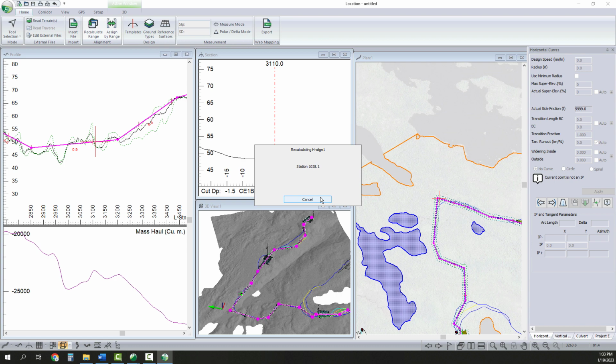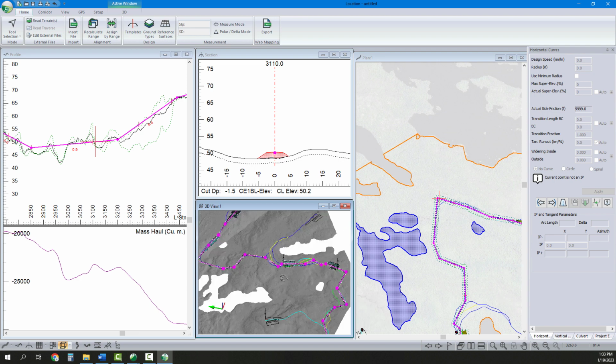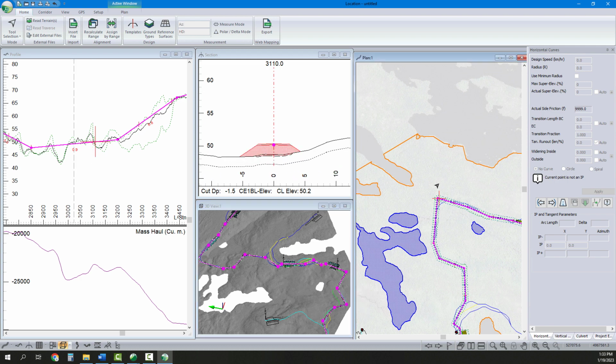So we have made sure our templates were set up the way we'd like. We've roughed in a quick alignment that largely follows the path we generated using the Pathfinder Explorer. So we're just limiting how much wandering around to narrow in on stuff that is worth pursuing. And we've added our ground type information along the road, and we've added our